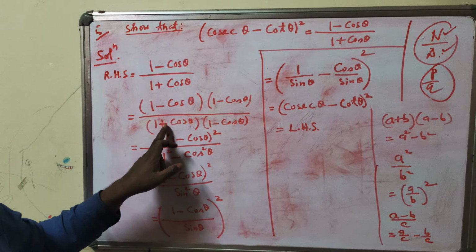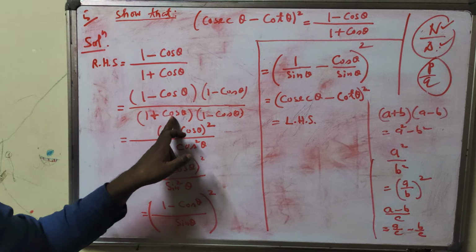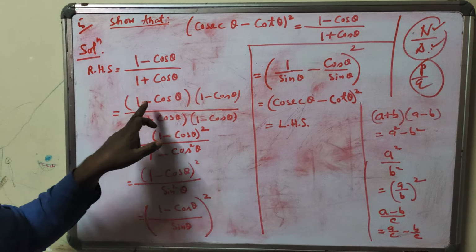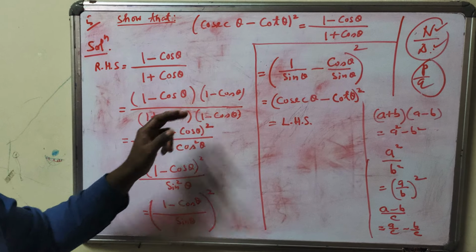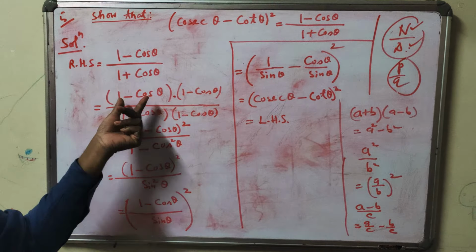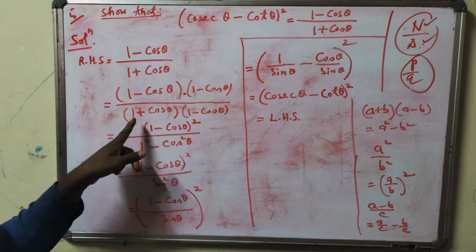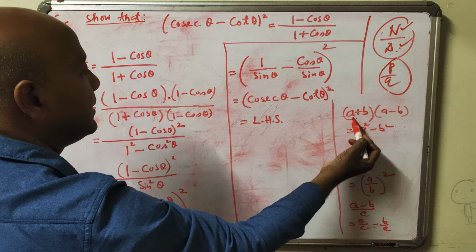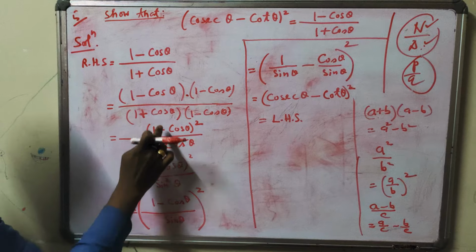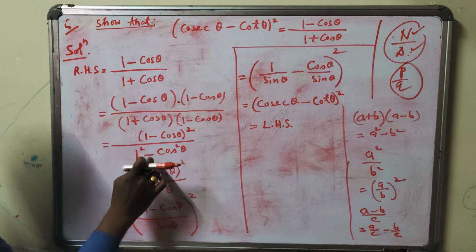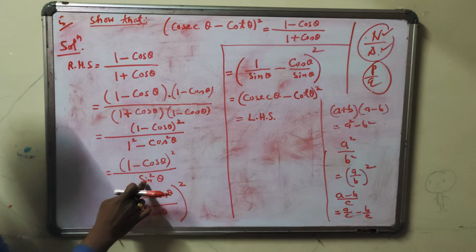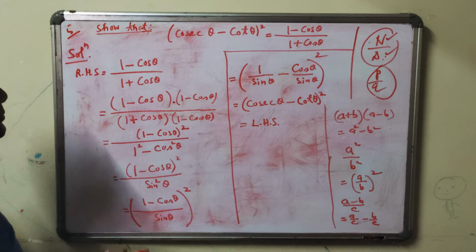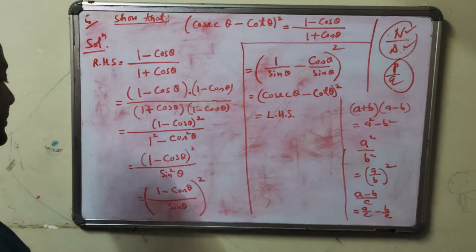Here in this case it is plus, so multiply the denominator by 1 minus cos theta. If you multiply the denominator, you must multiply the numerator as well. So 1 minus cos theta times 1 minus cos theta is the square of 1 minus cos theta, so you write whole square. In the denominator, 1 plus cos theta into 1 minus cos theta is like a plus b into a minus b, a square minus b square. So a square means 1 square minus cos square. Now 1 minus cos square is sin square theta. I have already taught you in my earlier classes. If you have not yet watched my videos, go through them in full length.